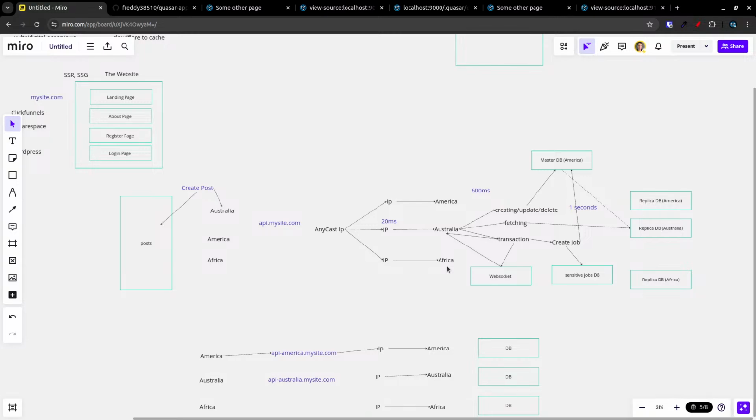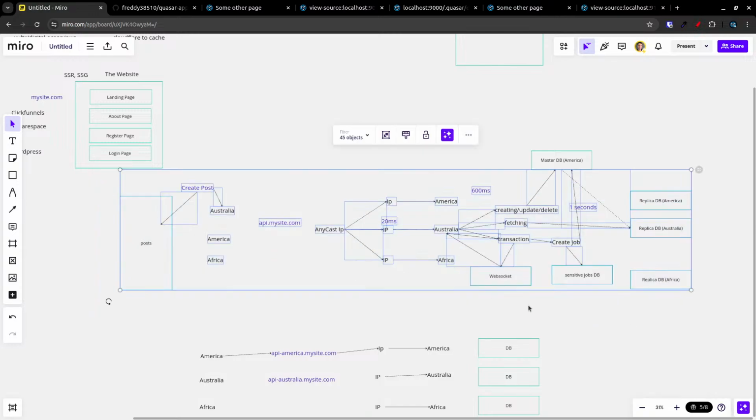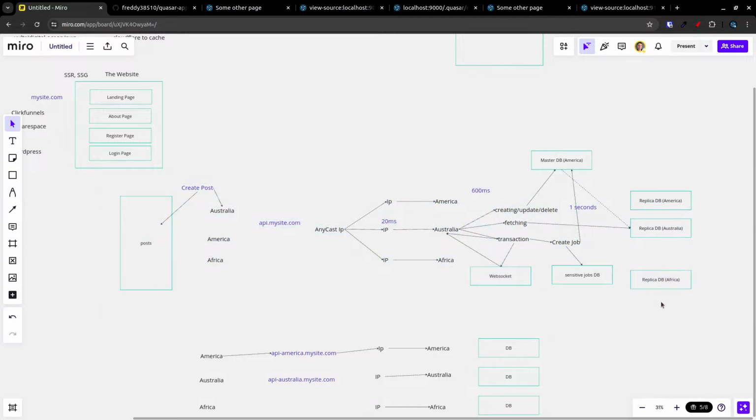The only downside is that an admin who has a dashboard in Africa has to wait 600 milliseconds rather than 20 milliseconds for their dashboard to load their transactions. And they might go in and view that once every 3 days. Why would I put all of my effort into this architecture right now? Now, later on, we're going to have people in Africa,